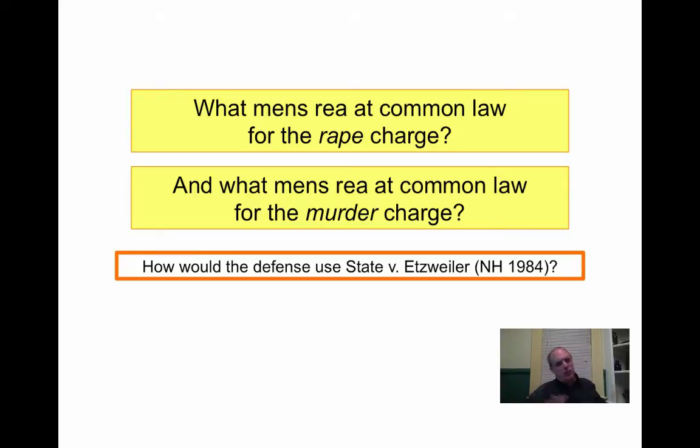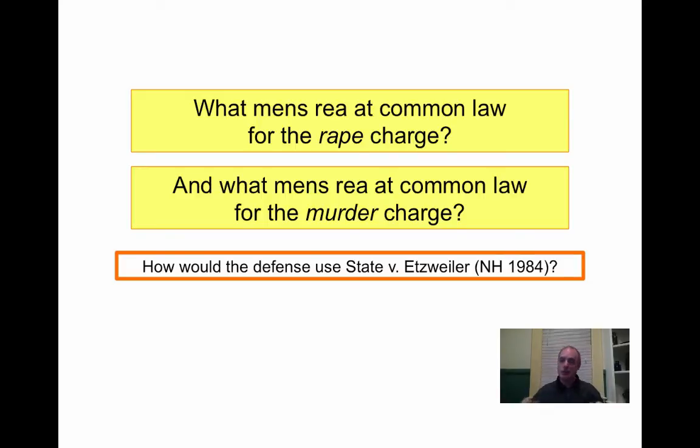Today, few jurisdictions follow this expansive doctrine. Unlike felony murder that was expansive and remains very popular, this version of complicity was very expansive, but it is an unusual situation now. So it's much more common to have states now follow something like the Etzweiler versus State